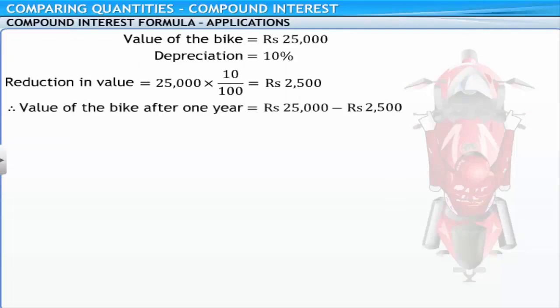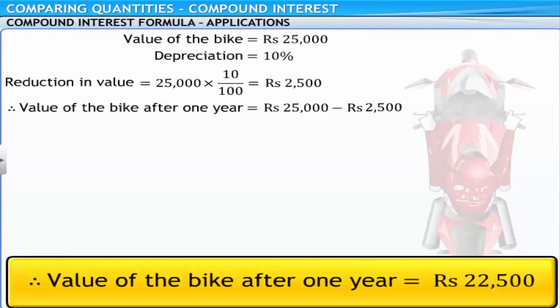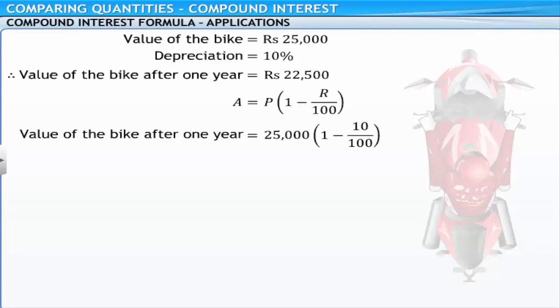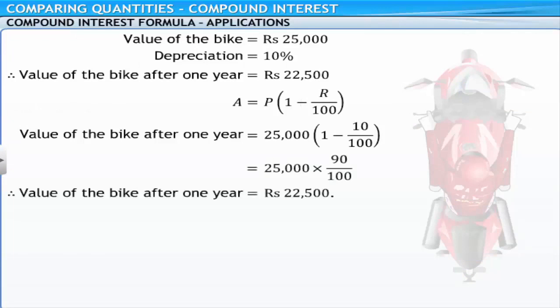Therefore, the value of the bike after 1 year will be 25,000 rupees minus 2,500 rupees, which is equal to 22,500 rupees. Let's try to apply the compound interest formula and check if we get the same value. However, as the value is decreasing, we need to subtract the rate in the formula. Here 25,000 will be the principal and 10% depreciation will be the rate. We find that the value of the bike after 1 year is equal to 22,500 rupees, which is the same